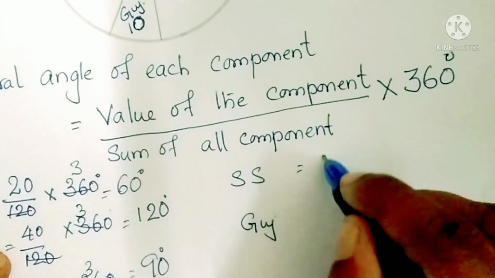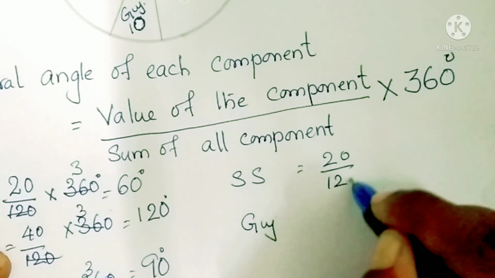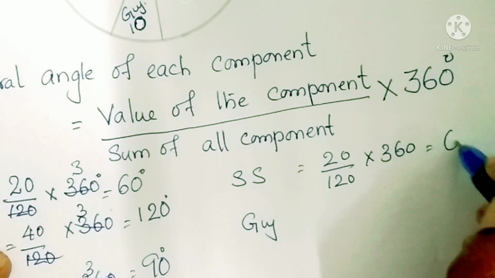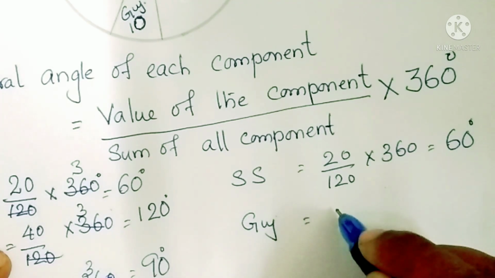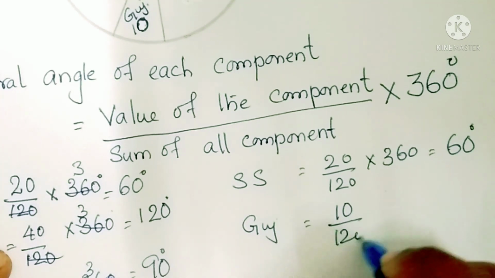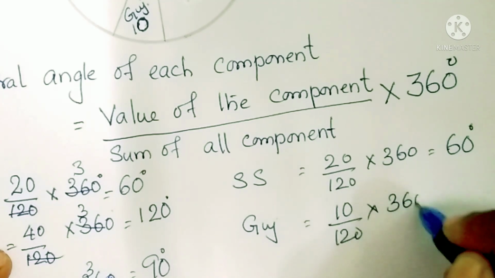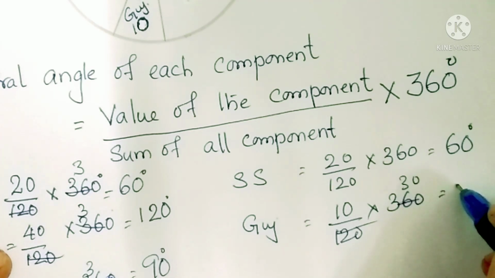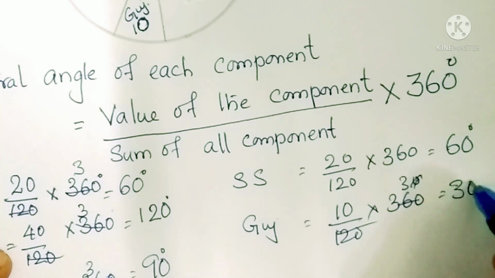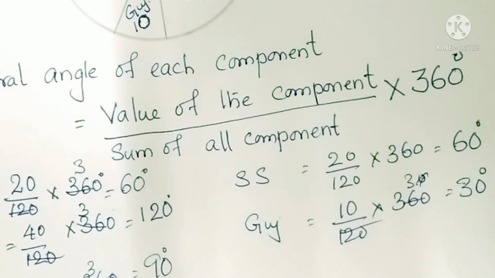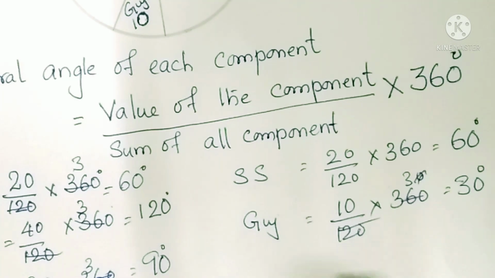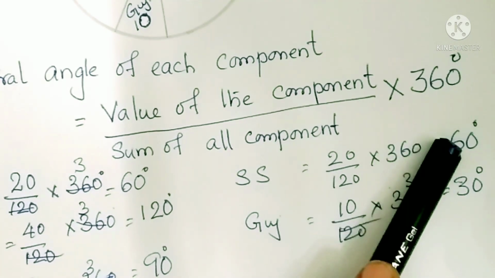So, we have already done it for 20 upon 120 into 360, that is 60 degree, and for Gujarati it is 10 upon 120 into 360, that is 30 degree. Now, if you add all these degrees, you see here 60 plus 120, 180, 270, 300, 360, the